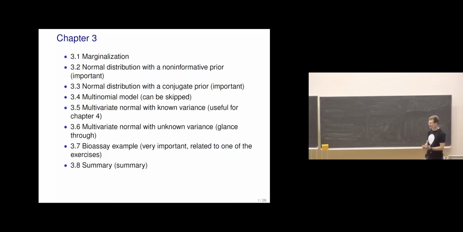So in chapter 3, now there are models which have more than one parameter, and then we discuss these terms, joint distribution, and how we can then focus on some parts of the joint distribution, so marginalization. I mostly use the normal distribution example, and then in the end I also explain more about the bioassay example, which is important as it's used in many of your exercises and also a good example of a generalized linear model.